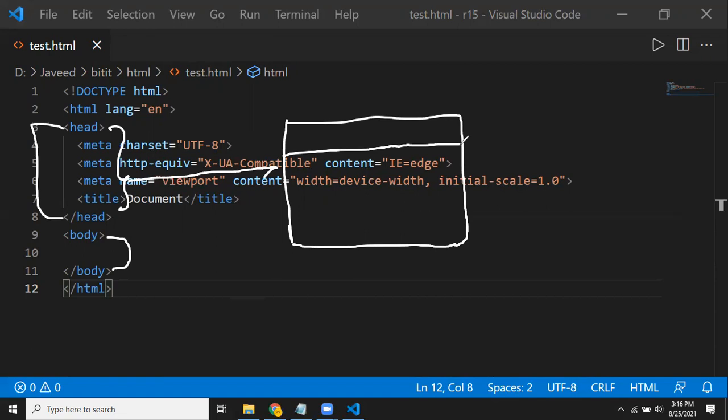That is the invisible part for us. This will not be visible to the user. Whatever code I write in my body section is visible here, right? So in the window you will be seeing the body part.